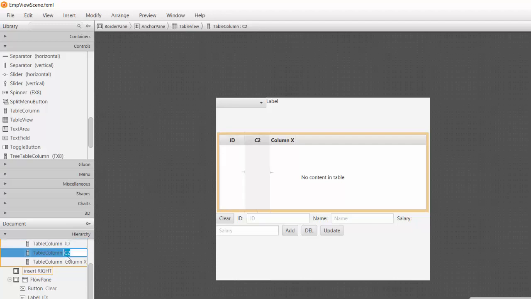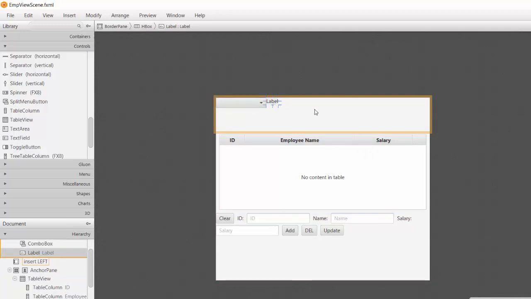Here, for example, write employee name instead of name. And third one will be salary. You can play with the sizes if you want, but you can set the width also from the properties there. You go to the column and you can see the properties, the layouts, and all other things here for the layout. Minimum width, preferred width, it's up to you, maximum width or something like this. So here we have all the items in our